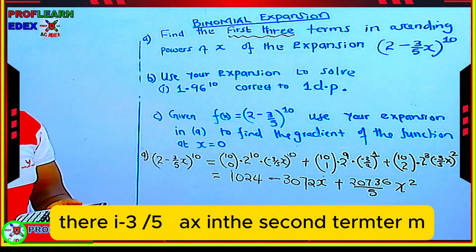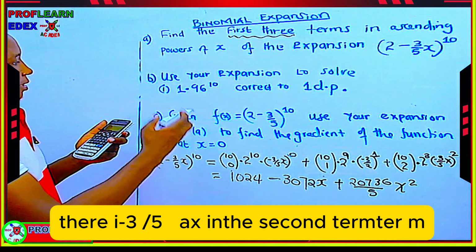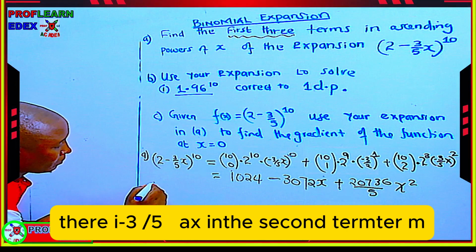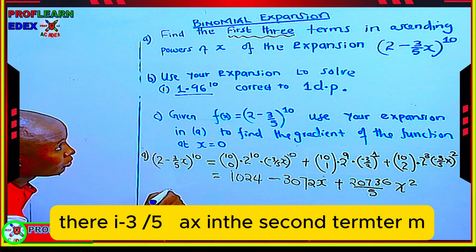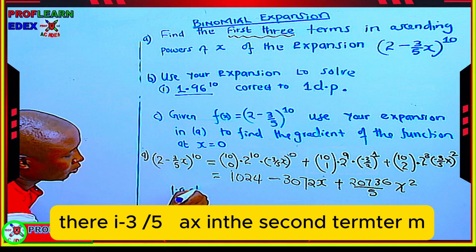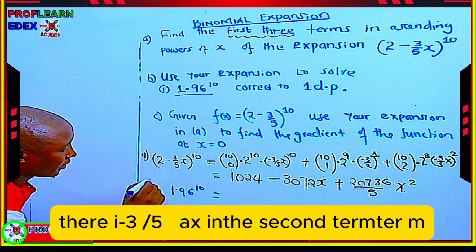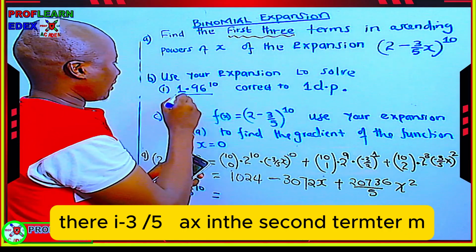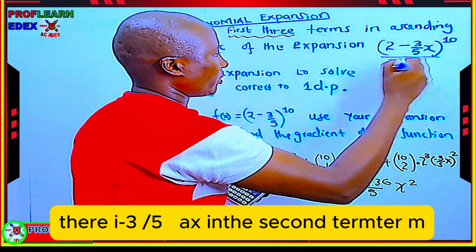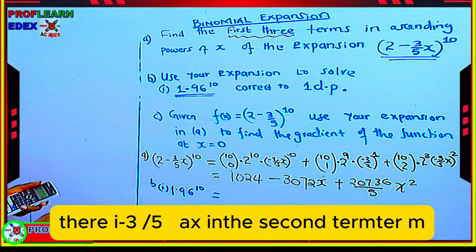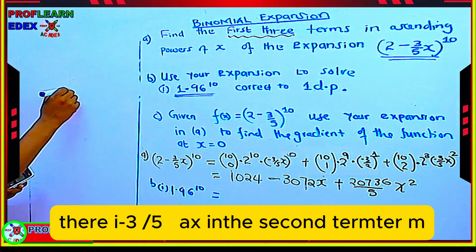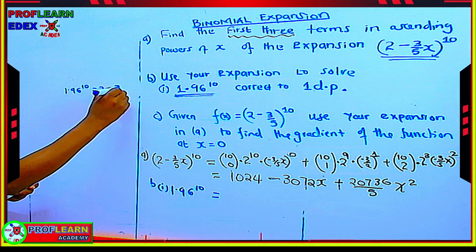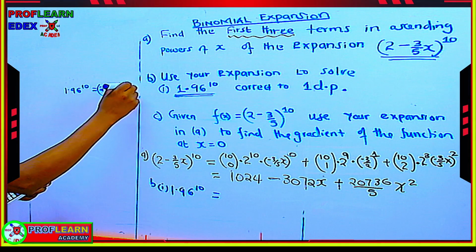So in part B, we are told, Roman 1, use your expansion to find this. So in part B, we are supposed to estimate the value of 1.96 raised to power 10. That is B Roman 1. Something that you need to remember: you take this expression you have here, and you equate it to this part. So we are going to have 1.96 power 10 is equal to 2 minus 3 over 5x raised to power 10,